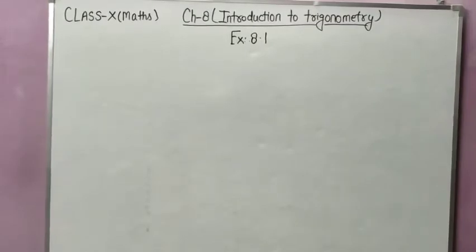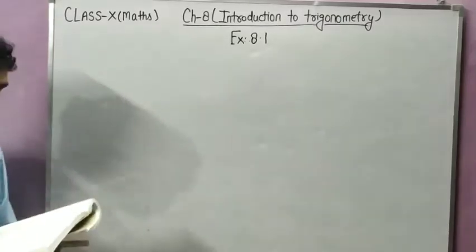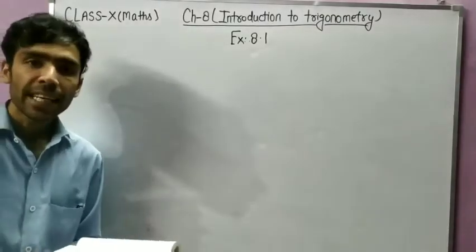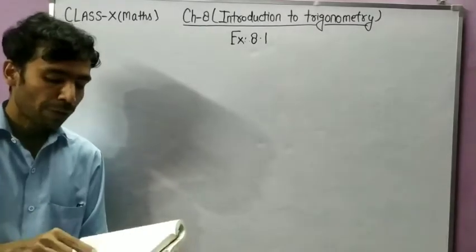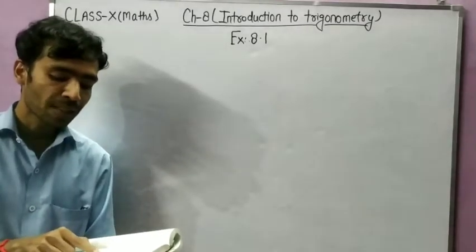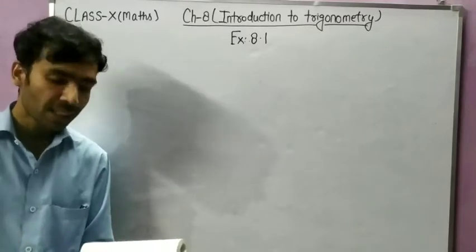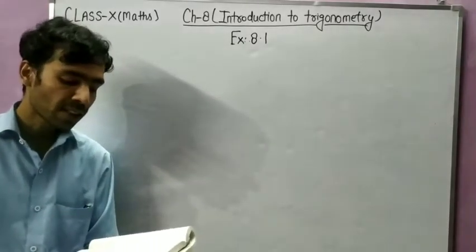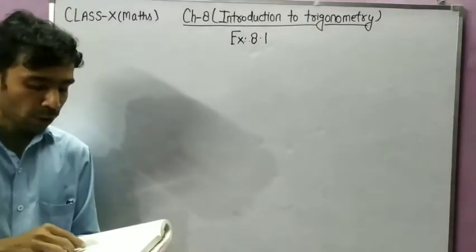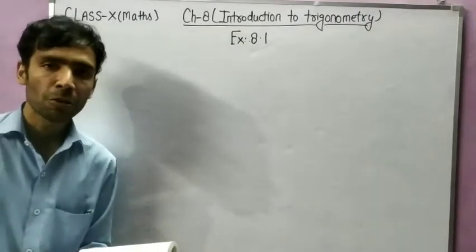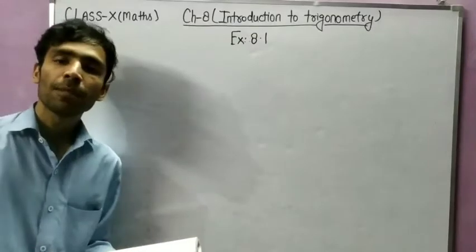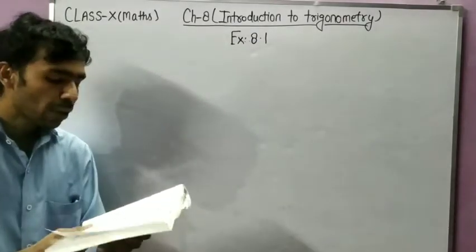Now student, after question number 8, I will tell you question number 10 because question number 9 is again the same. Angle A is given and angle B is a right angle. So you have to find the value of sin A cos C plus cos A sin C in the first part, and in the second part cos A cos C minus sin A sin C. So student, question number 9 you can do like question number 1. Very simple question. Just apply the basic concept, you can solve.